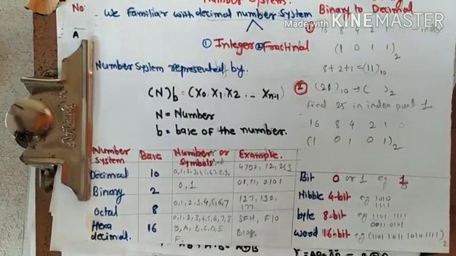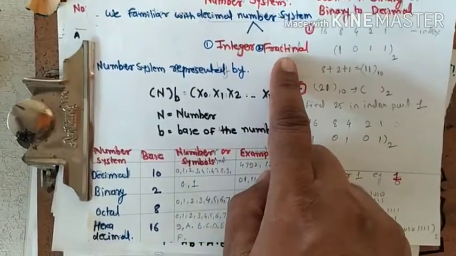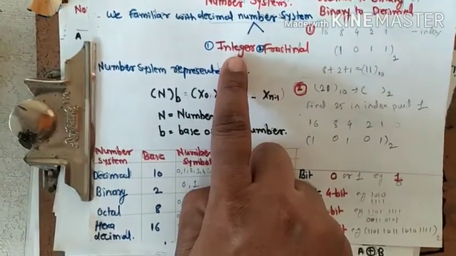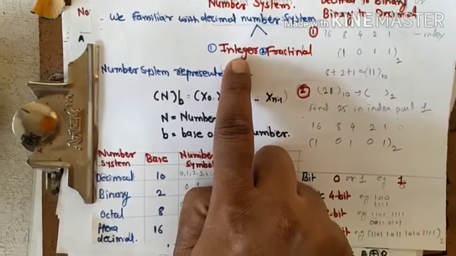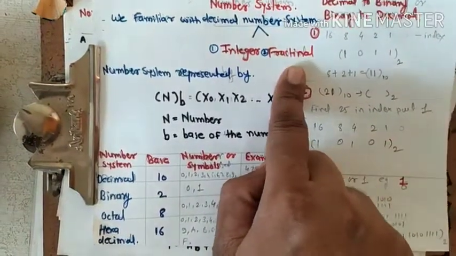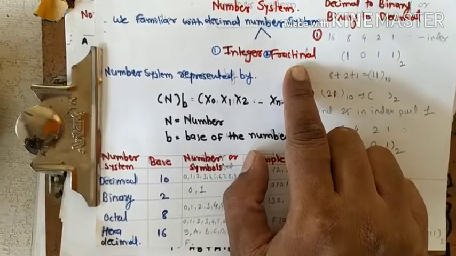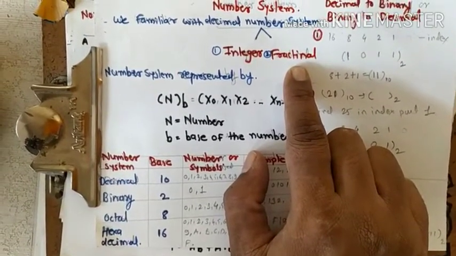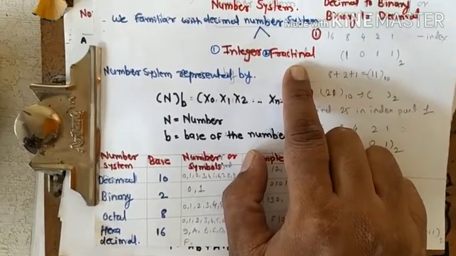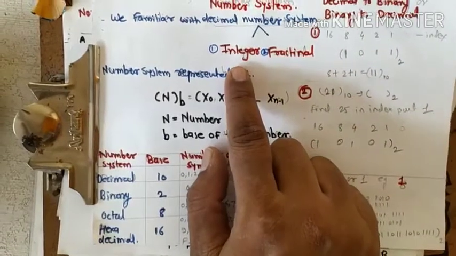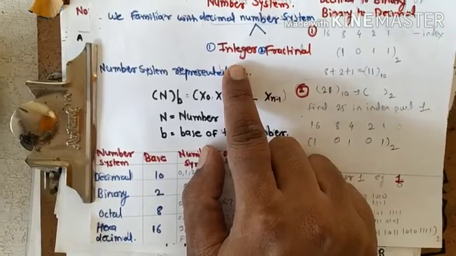The decimal number system again has two types. One is the integer decimal number and one is the fractional decimal number. Integer decimal number means, for example, 1, 2, 3, 4, 25, 50. These are the integer numbers. But the fractional number is one which has a point after the number. For example, 25.2 or 12.2, 2.0 or 2.1 and 1.1. These are all fractional numbers, and the integer numbers are 1, 2, 13, 99, 25, etc.